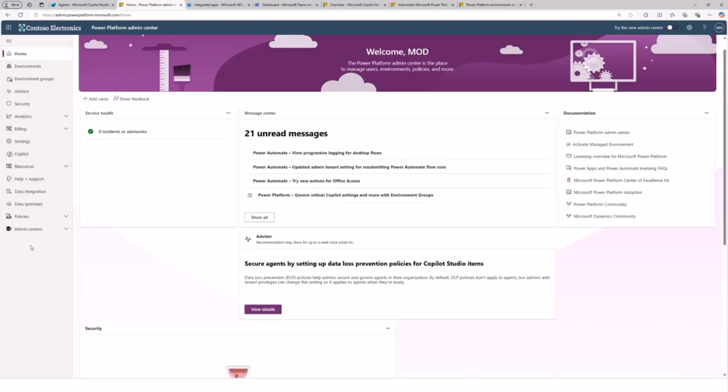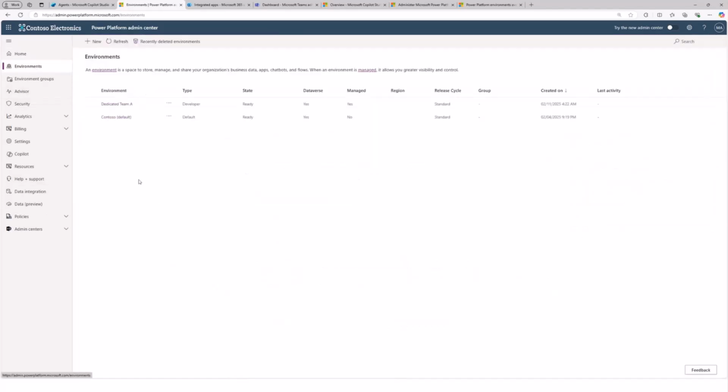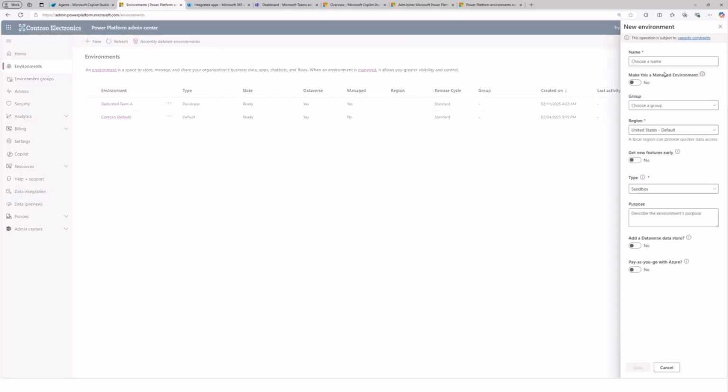So what we'll do is we'll go through the key important topics in the Power Platform Admin Center today for our demo. So the first thing is the environment. The environment is where you build your stuff, and by default, when you signed up, there is a default environment. But you can also go ahead and create different environments. And when you try to create environments, you can create them for different themes.